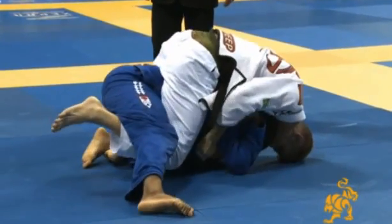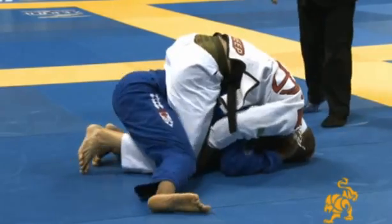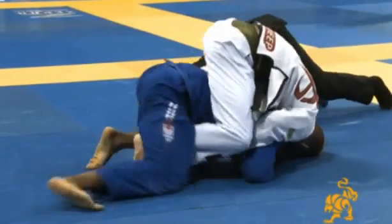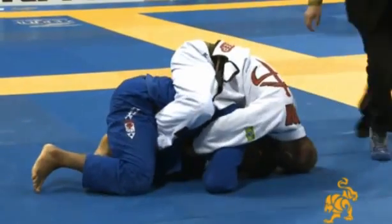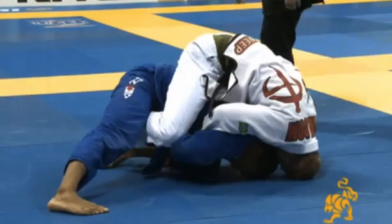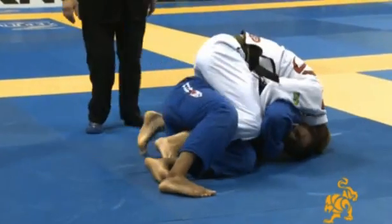This is definitely a lot different than their first encounter. Yeah, Keenan has created a really nice opportunity here. Squaring up, getting the left hook in. Almost got it in. It's difficult to see from this camera angle, but that second hook is almost there. Tim doing a good job,